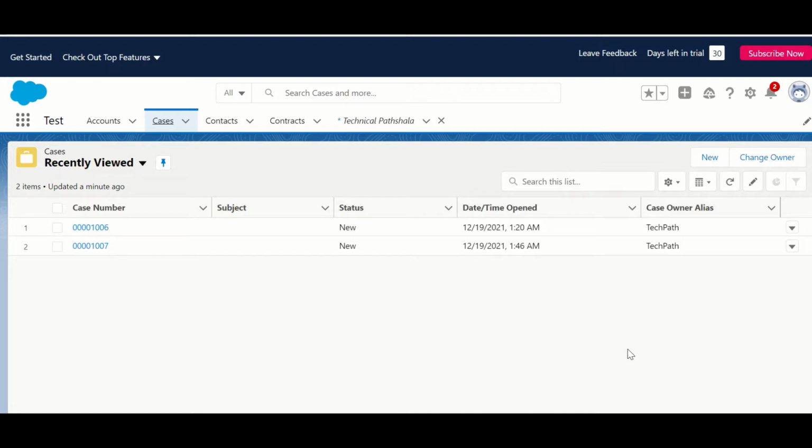So first of all, it is very important to understand what is many-to-many relationship. Actually, between two objects, a many-to-many relationship exists if one record of that object can be associated with multiple records of another object and vice versa. For example, a company can have multiple customers and at the same time one customer can be associated with multiple